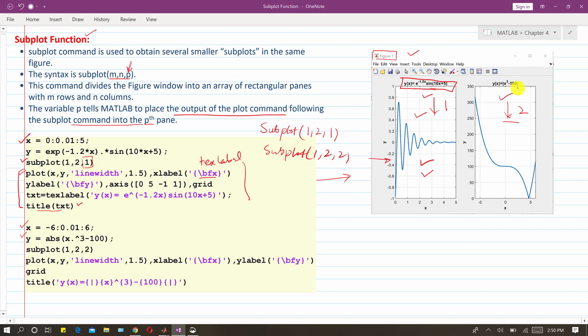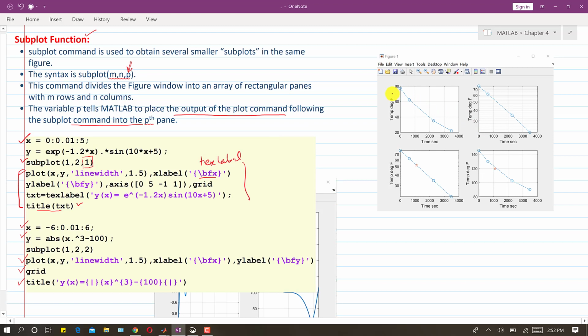And then take the absolute of this. So then when we want to plot this subplot, what is the address of this subplot? The address of this subplot is 1 row, second column and second subplot. So we will tell MATLAB: we will write subplot 1, 2 and 2, and then we will use the simple plot function that we have learned so far, and this title will be added. When we run this in MATLAB, we will have this result.